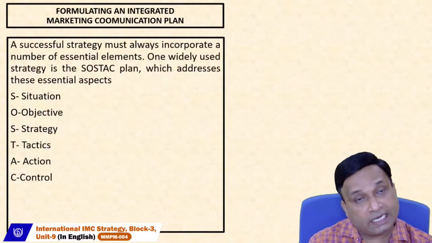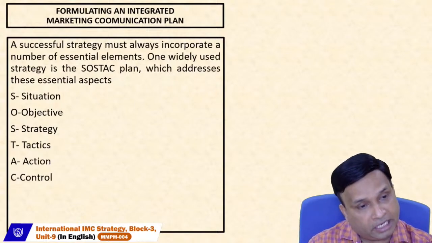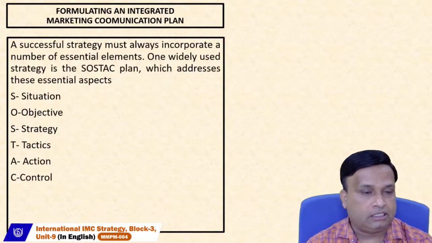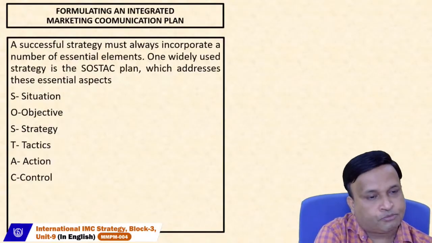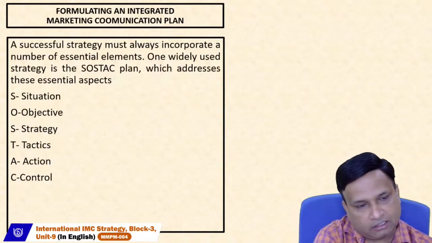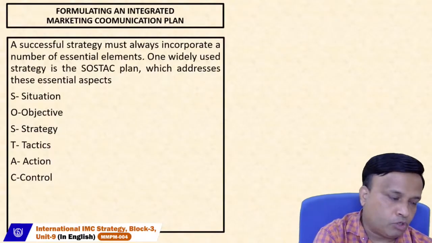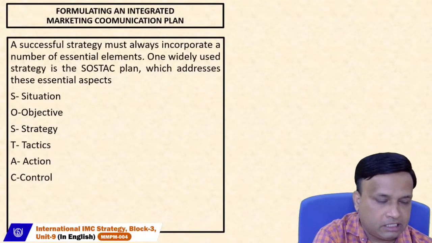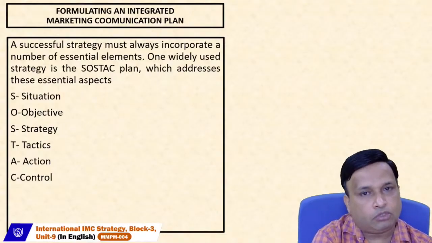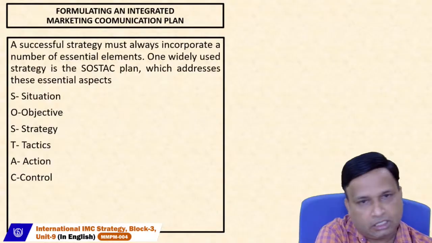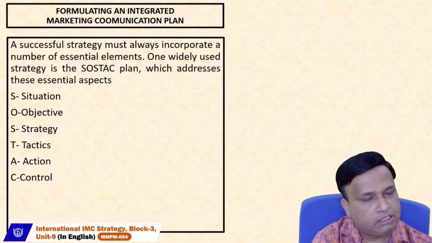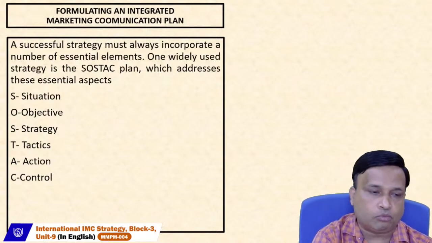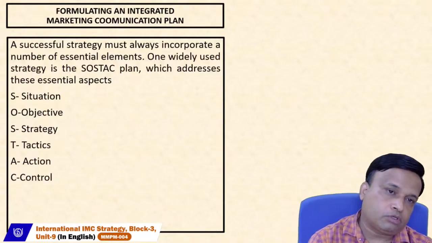That is your objective. What could be your strategy? How will you be achieving that market leader position? When we talk about the how, that is the strategy. When we talk about the strategy, we talk about small action plans. Even if you have a strategy of one year, when you divide the strategy on a month basis, on a day basis, then we talk about the actions. Whatever you want to implement, once you implement it, you will see some deviation. To manage those deviations, you have to go for the control mechanism. That is SOSTAC.